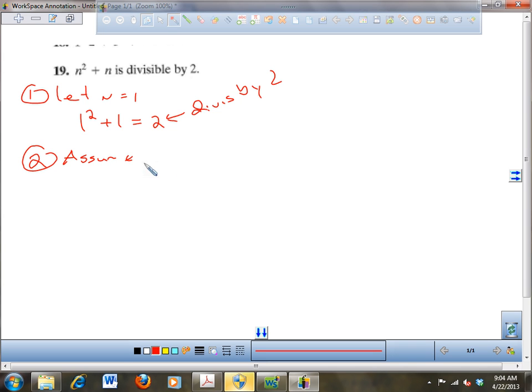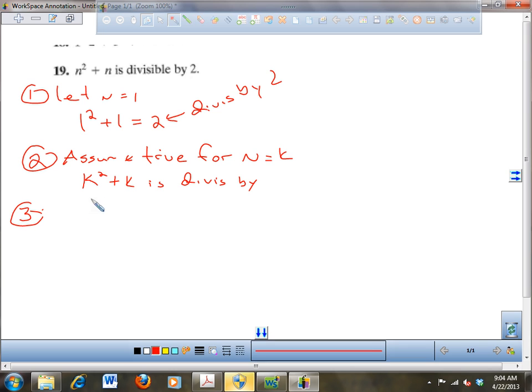Assume true for n equals k, because we're plugging in different things for n. In the second part, we plug in k plus 1, so it'd be confusing if you're plugging in n for n. So assume k squared plus k is divisible by 2. Let's just say that's true. And then step 3,